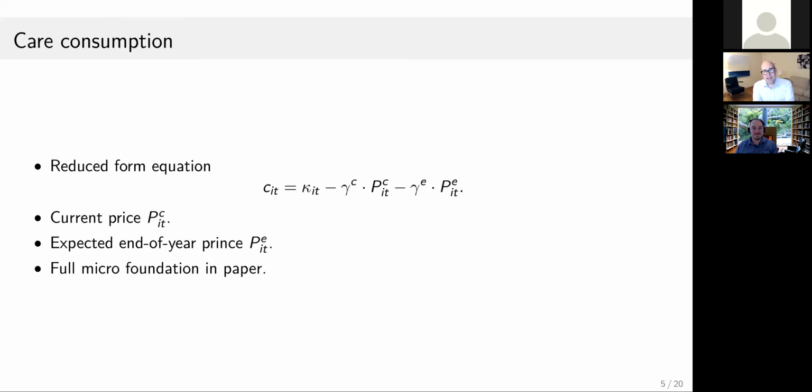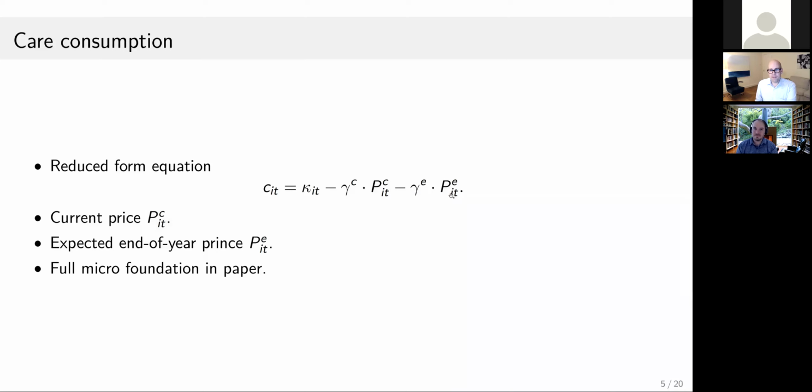The central piece to all this is this reduced form equation that I've put here on the slide. That is the equation for care consumption. So that will be care consumption at the individual level for individual i at time t. Time t you can think of as a day of the year. What is that equal to? It is equal to kappa_it